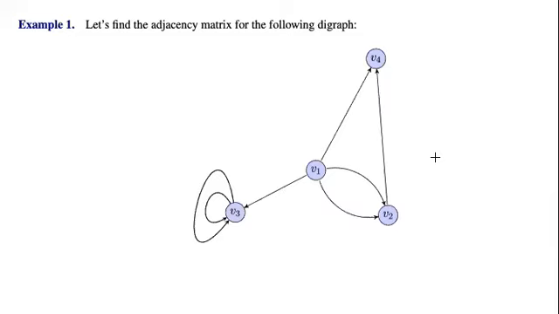Let's talk about how we can find the adjacency matrix for a digraph. So something with vertices and directed edges between them. So the idea is that we're looking at a function which tells us, given an origin or a collection of origins, from